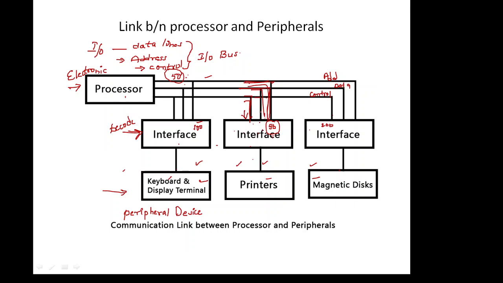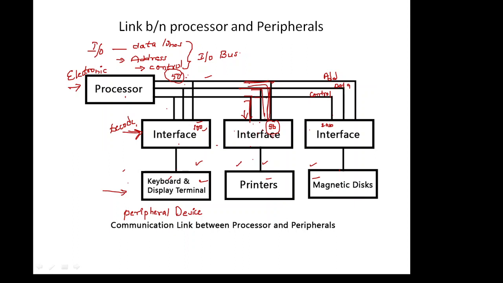And the device is going to do the necessary operation. All peripherals whose address is not related, this 200 is not related, 100 is not related, so they are going to disable their interface. So this is how the interface is going to be connected between the peripherals and the processor. I think you got the information regarding the interface.